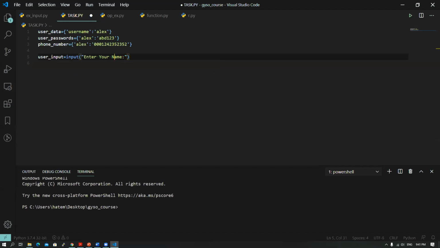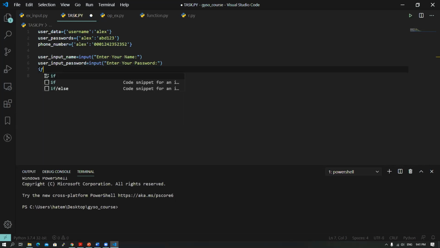Now you can ask the user, enter your name, like this. So when the user enters the name, you will get the name and push it there. So you can say user input name and enter password, for example. Enter your password. Okay, now let's say